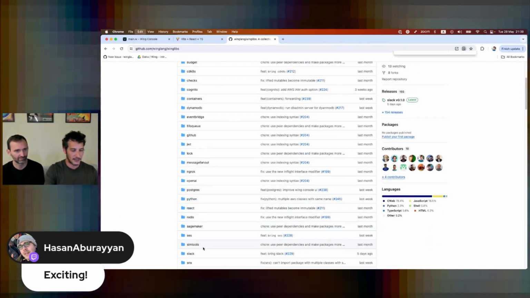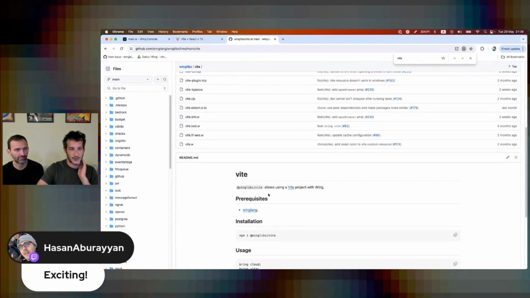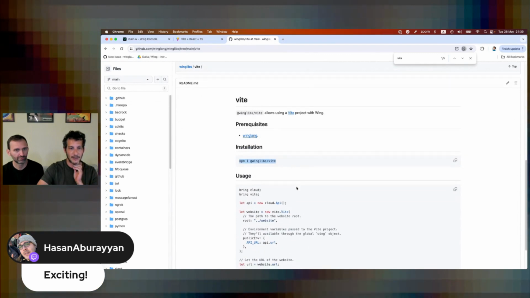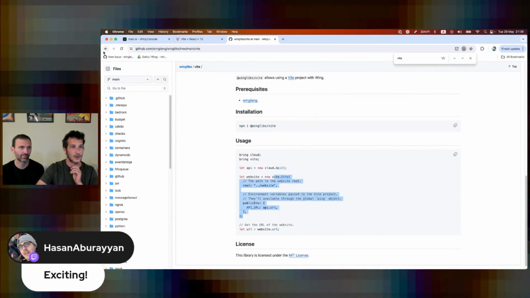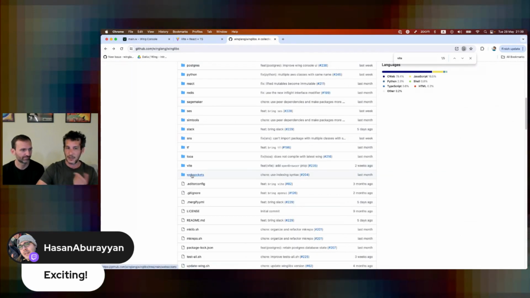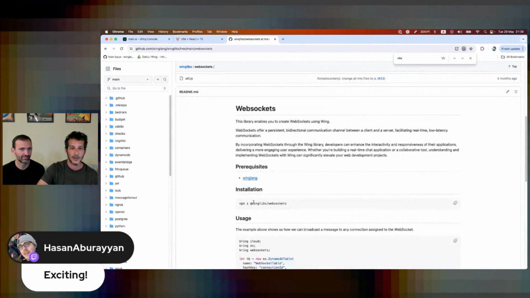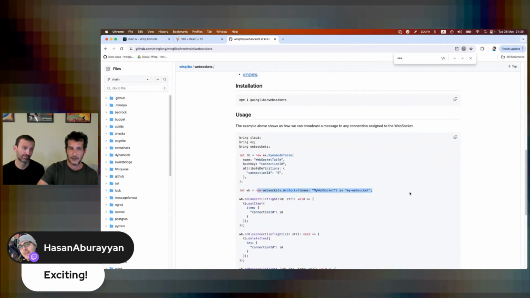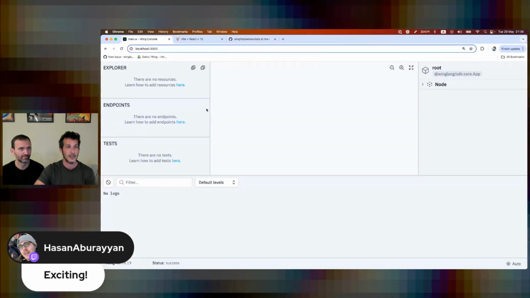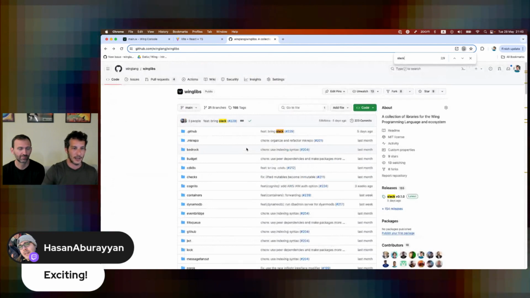And we have a bunch of examples here. One of them is Vite that we just saw. You can just npm install Vite and create a Vite website, like what we saw a second ago. Another example is WebSockets, which we also just saw. npm install winglib WebSockets, and then you can just create a new WebSocket and give it the WebSocket ID. But now we're going to use a new one called Slack,